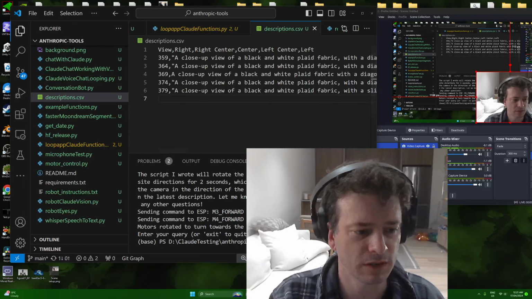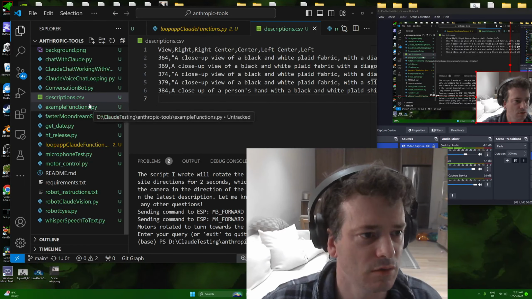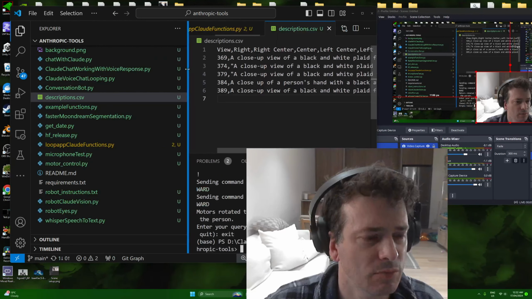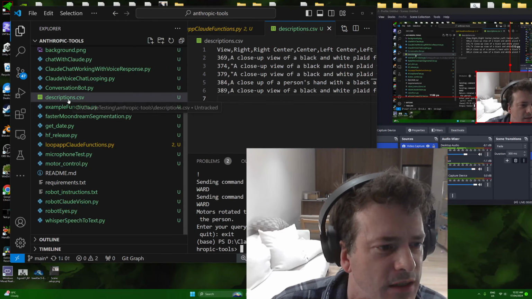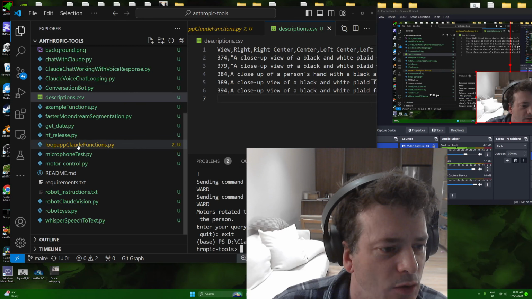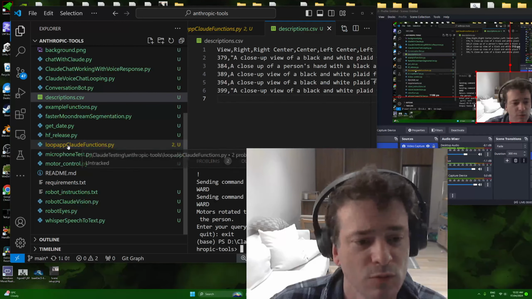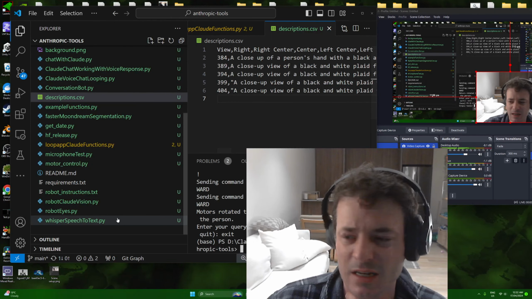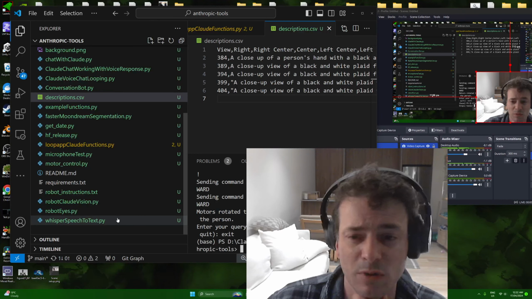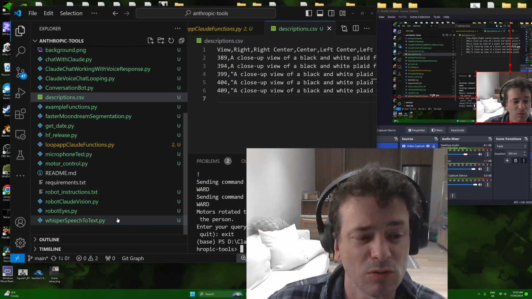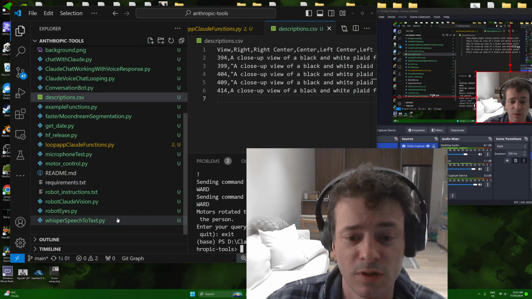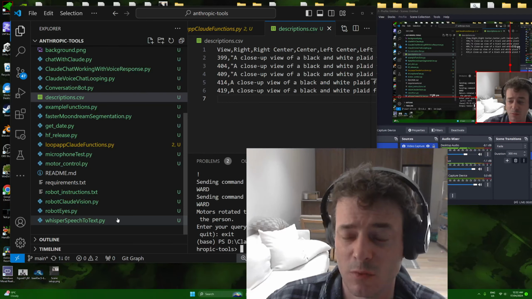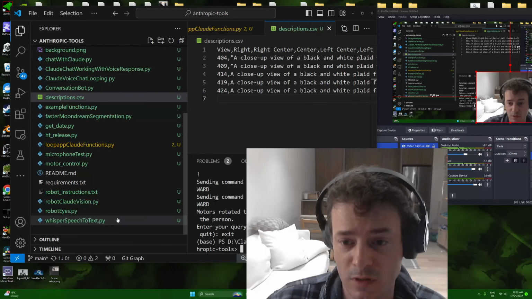Now Robot Claude Vision is a cut down version of Claude voice chat looping, or even there was another one that I did that was really good that I like. Oh yeah, Loop App Claude Functions. That's my favorite one out of all of it. It can write files, open up CMD. It's kind of like the way Devin is supposed to be, but it was my version before Devin appeared, and it's obviously not as good, but it can create music, it can talk. It has my own API key, or it had my own API key before I uploaded it to you guys